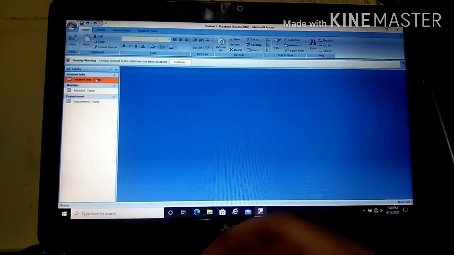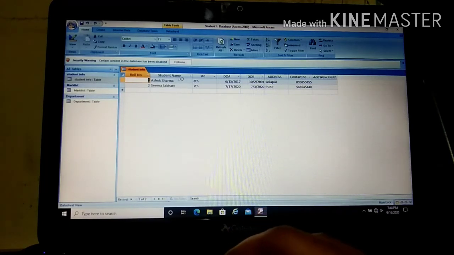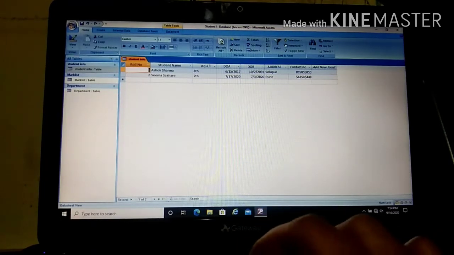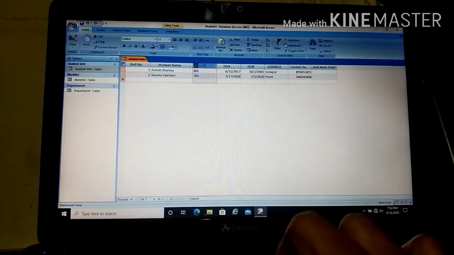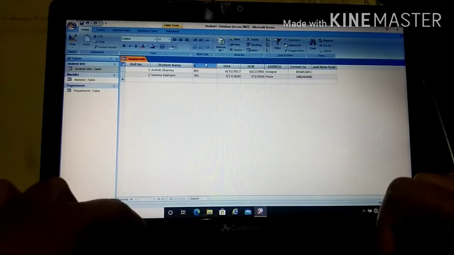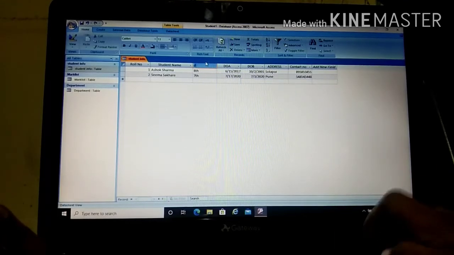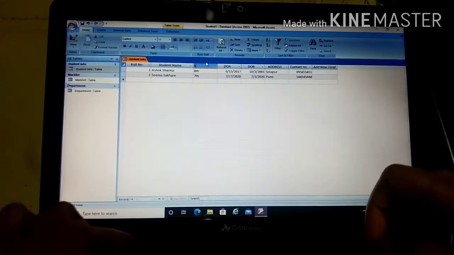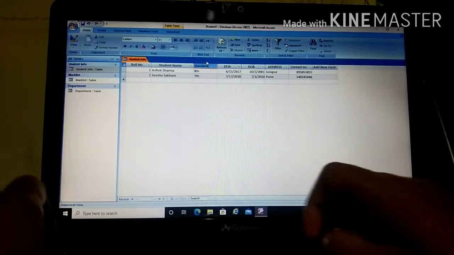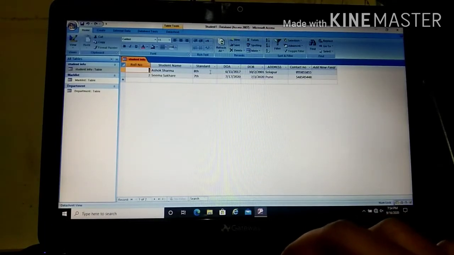Now one more method I will show you how to change or rename the field name. You just have to double click on the field name and then you can change the name of that field. Like this you can rename the field.